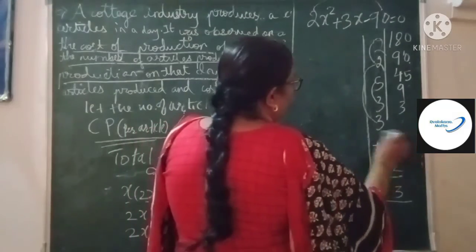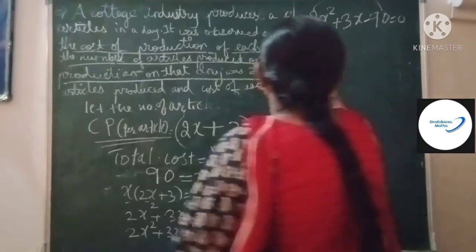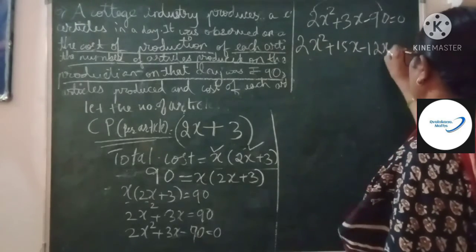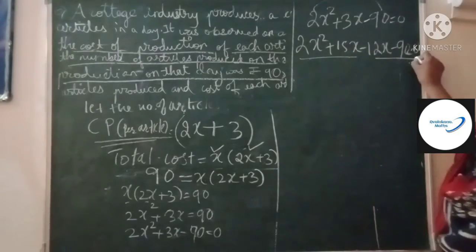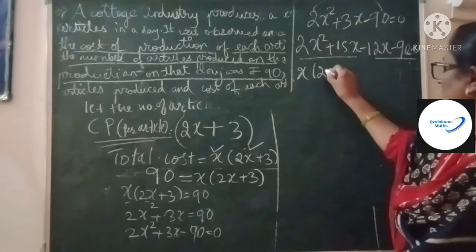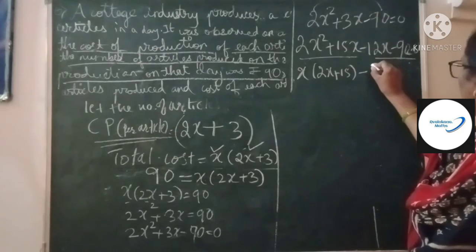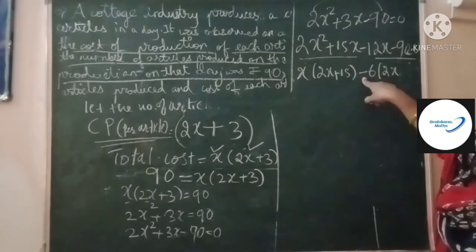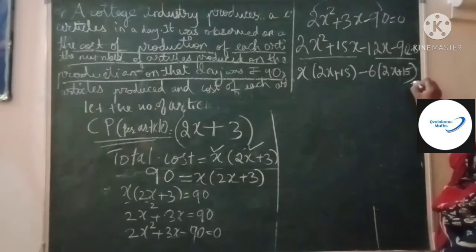So now what happens here? Our factors are 15 and 12. Now how do we write that? We have 2x square plus 15x minus 12x minus 90 equals 0. Now group: no term is common in 2, only x is the common variable, then 2x plus 15. Minus, here you get 6 twos are 12x, minus outside, so the minus becomes plus, 6 fifteens are 90, you get 15 equals 0.